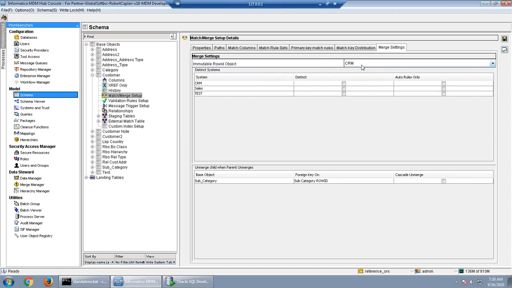So if at a later point of time some duplicate records come, yes, duplicate records can always come, but if they come, they will get merged with the existing record, which has consolidation indicator 1. 1 will never get merged into any other record, because that's a unique record or a golden record. That record will always be present at your base object level. It cannot be deleted. So same thing, if you go to the SQL developer here,